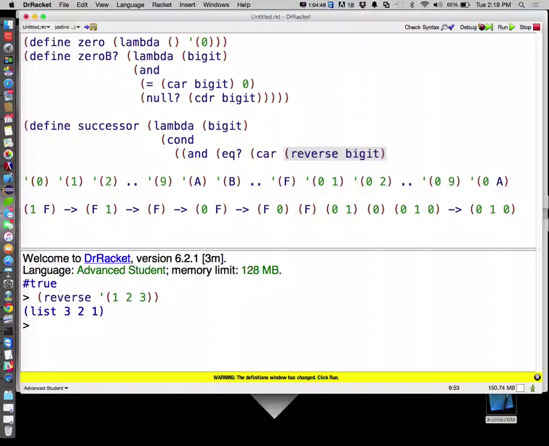So reverse, take the car of that, if that's equal to an F. So we just committed ourselves to always using uppercase letters for our representation. I think you need another parenthesis after bigot. Oh, yeah, to close that. So if that value is equivalent to that F and null,